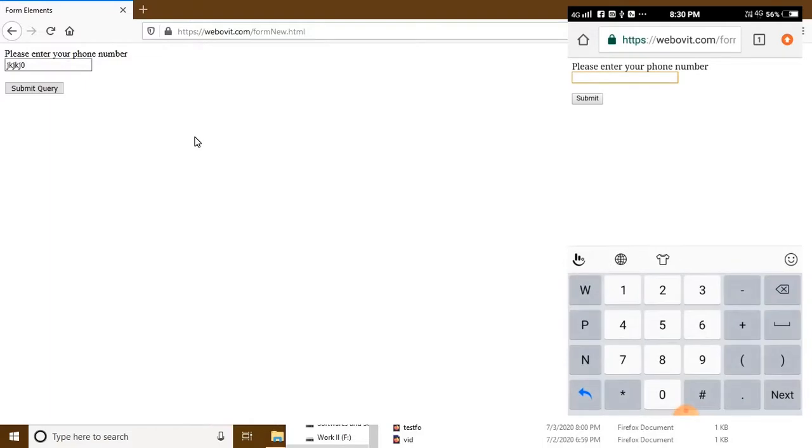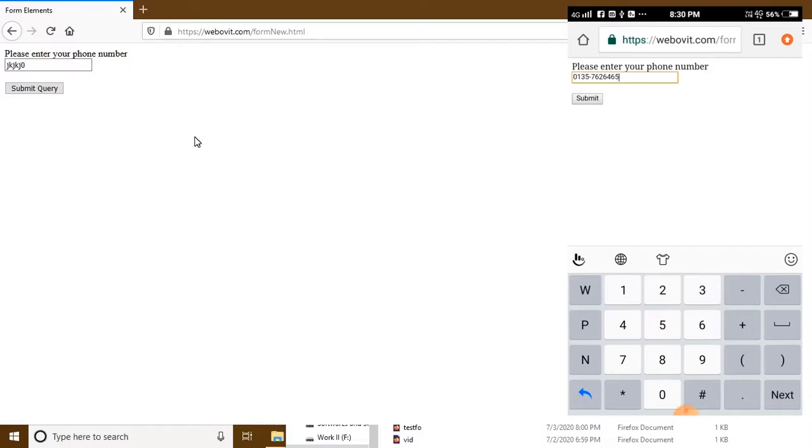It's appearing normal numbers and there's no alphabet available since I mentioned tel. So what I could do, I could just put the country code or local code and the phone number after that. Alright, then I will enter submit and the form will get submitted. So this is the major difference.